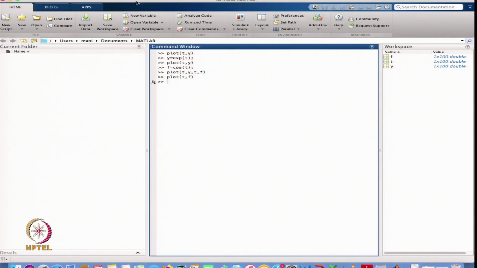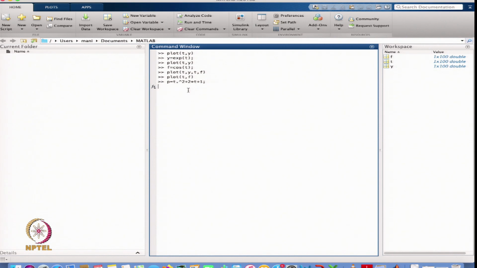Similarly, I can define another function also. Now, suppose I take a polynomial function. I just defined a polynomial p, so I just defined t exponential 2 plus 2 star t plus 1.